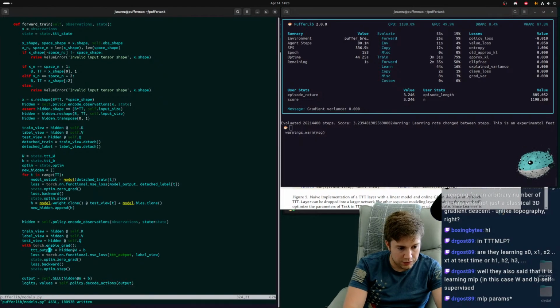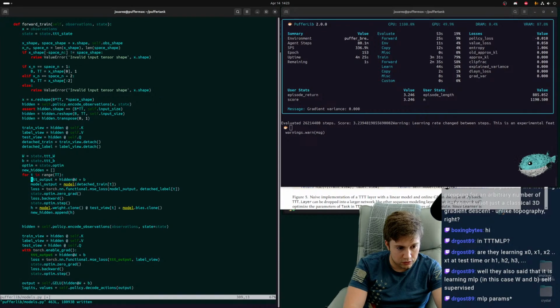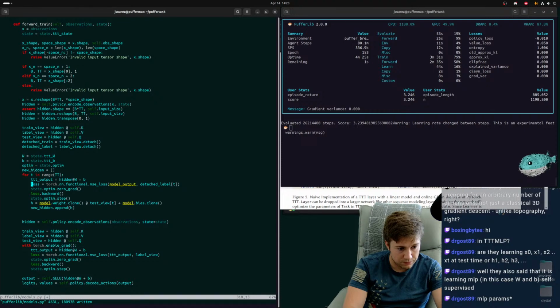So now this has to be here, hidden at W plus B. This is the TTT output. Step this gradient, or step this model. And then